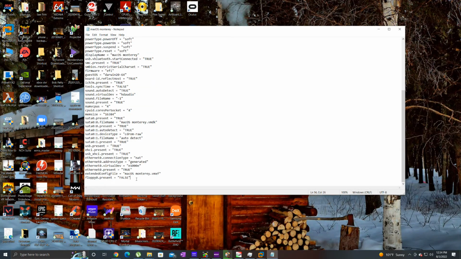All you're going to do is scroll down to the bottom, and you're just going to add this line, smc.version, smc.version equals, whoops, sorry. All right, we're going to do space equals. Yeah, we'll just do space equals, and then we'll do